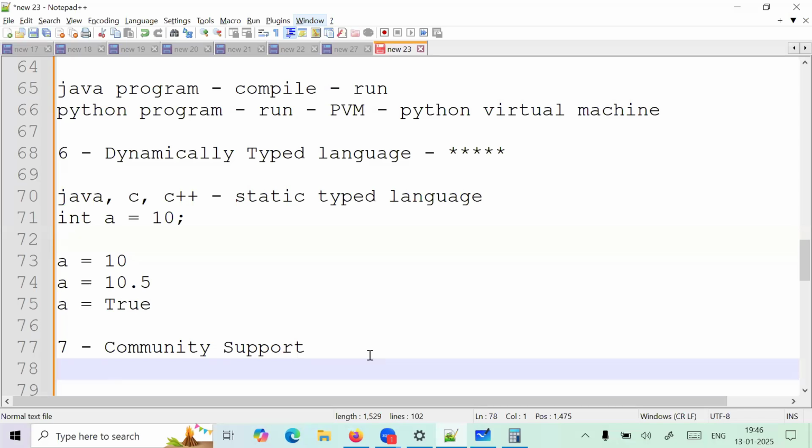So like that, Python has big community support, guys. Okay, so this is also a very good feature of Python. Okay, fine. Now it has an extensible